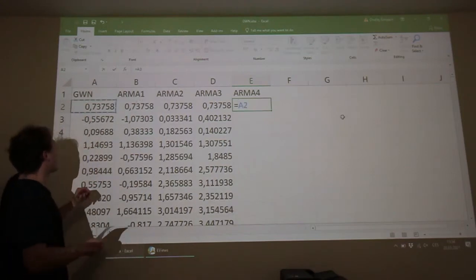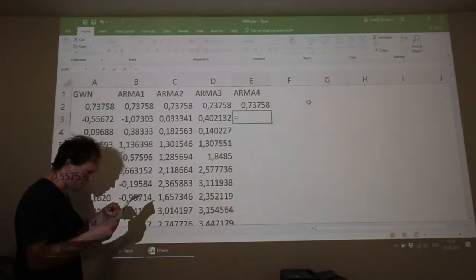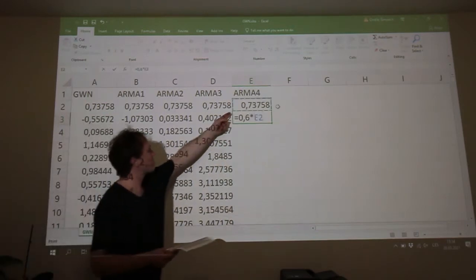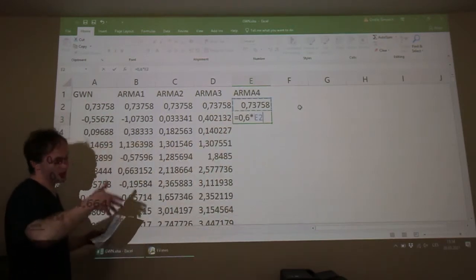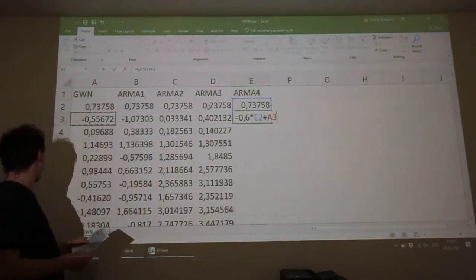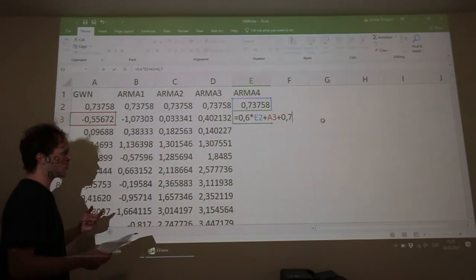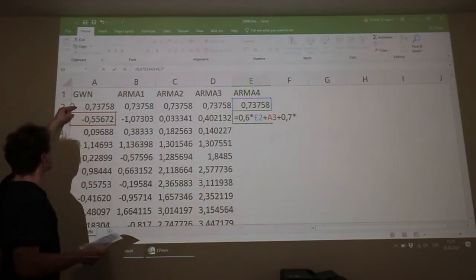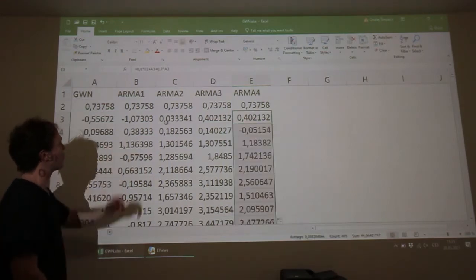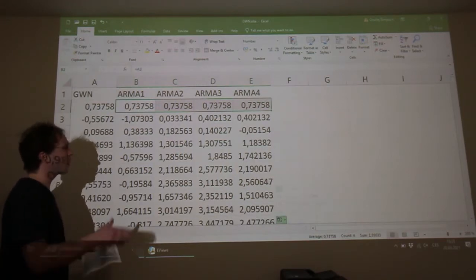There is again only a noise, enter, and there we will use parameter phi 0.6 times previous value of x_t, x at time t minus 1, plus white noise on the row where we are placed, plus 0.7 times the previous value from the Gaussian white noise process. Okay, so you have here 4 ARMA processes, and we will copy this to